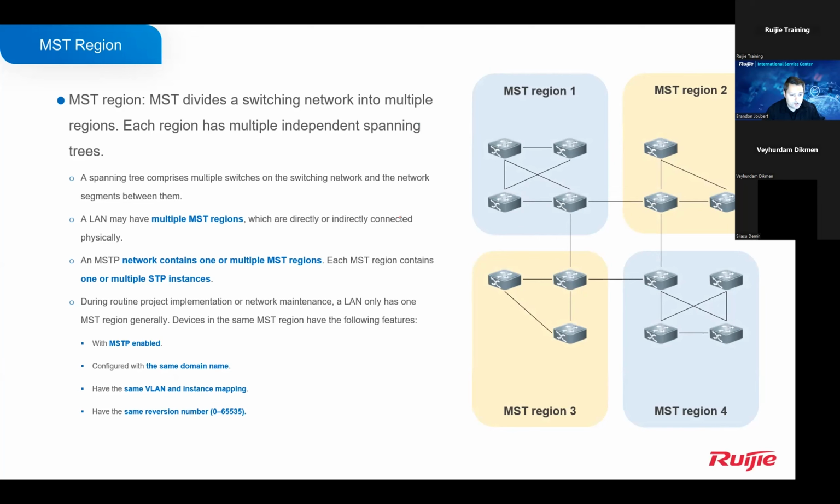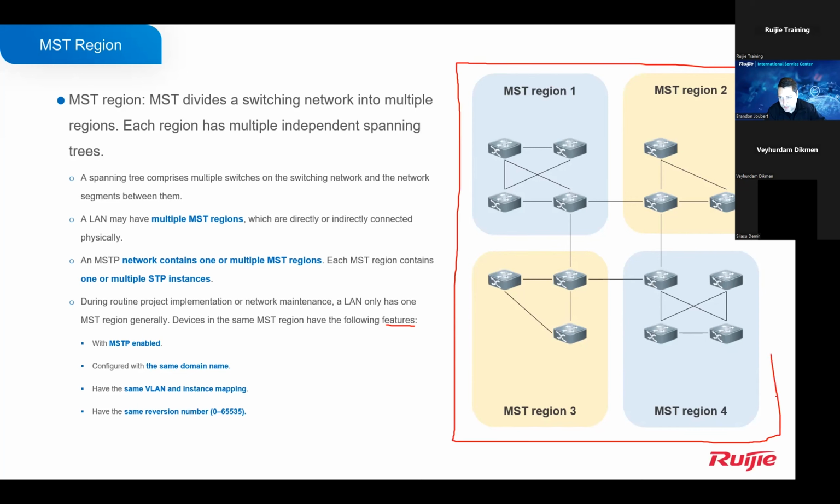During a routine project implementation and network maintenance, a LAN generally only has one MSTP region. Devices in the same MSTP region follow the following features. So what all of this means is, by default, you would only have one MSTP region. So for a big network like this, even though you have one region, you can still configure different instances. But you can also segregate your network into different regions